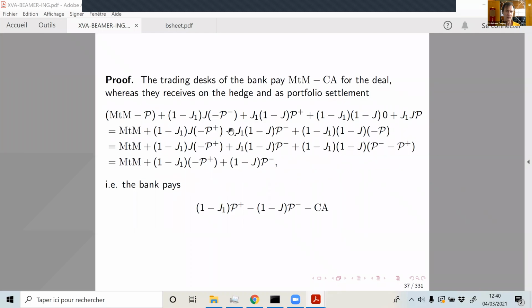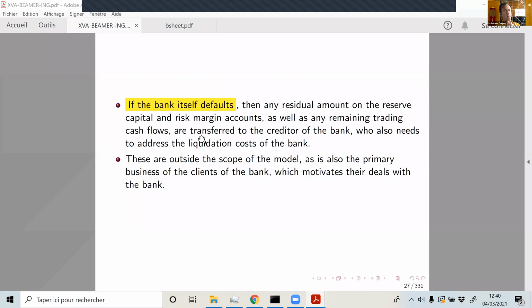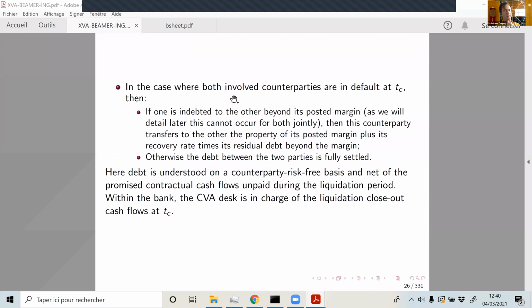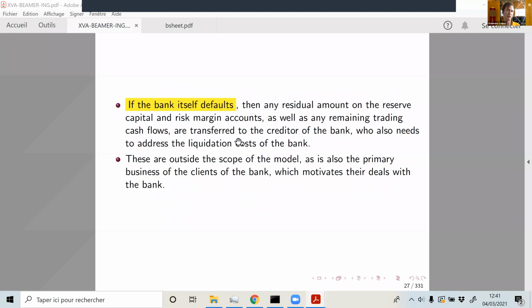Sorry. Now, on the portfolio settlement side, there are 4 cases, okay? The client may default, and the bank may survive, okay? Then we have to go by this rule here, okay? That's the case where client default, bank survives. In that case, there is no margin, etc. Okay, so if you go to these 2 points, what they are telling you is that